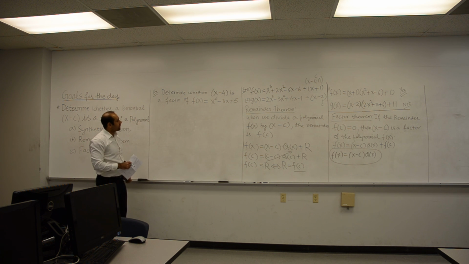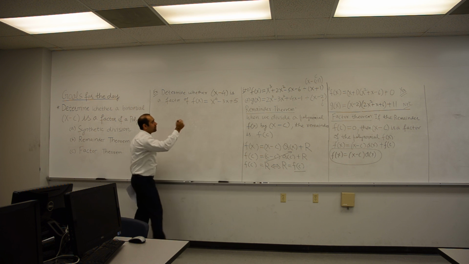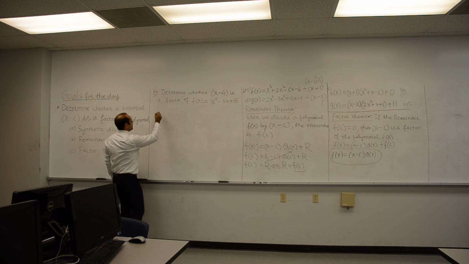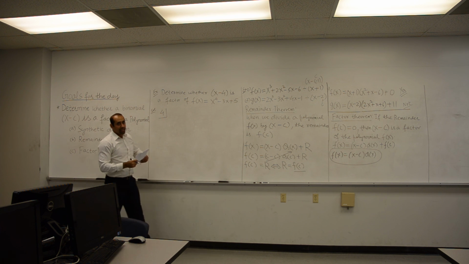In order to set up the synthetic division, what do we need? We need the c. This is already in the right form, x minus c form. We have c equals 4. So I will set up the synthetic division with 4. And then we have to carefully write the coefficients of the polynomial function. In this case,